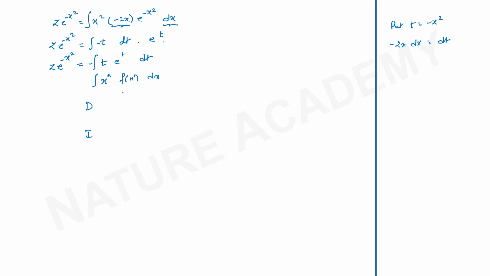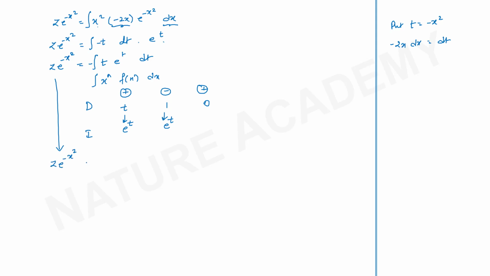So differentiation, integration, I will write plus, minus and plus. The first term is t, differentiation of t will be 1 and differentiation of 1 will be 0. Second term is e raised to t, integration of e raised to t is e raised to t. Again integration of e raised to t is e raised to t. I am not going to proceed because later on I am going to multiply it with 0, it becomes 0. Now I will multiply these two terms. So the answer I can write as,